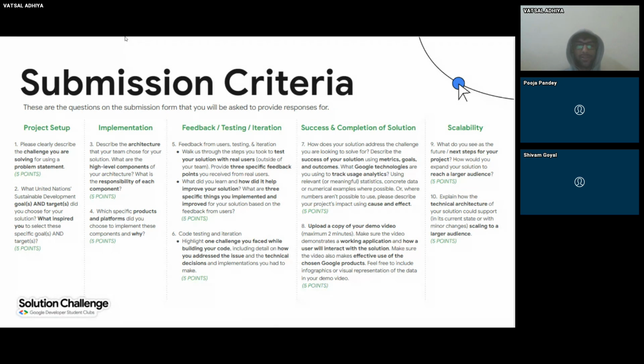The implementation should be a working prototype. If it's a website, it should be hosted. If it's a mobile app or such thing, it should be an APK, so that the Google team should be able to access it easily. Also, in the submission form, the GitHub repo is asked, so you have to submit that too. Make sure to make it as bug free as possible, since bugs are not so welcome in Solution Challenge judging rounds. All right.